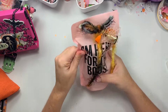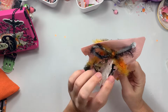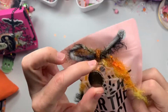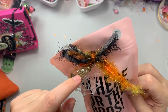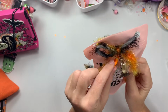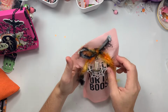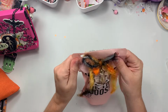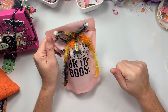And this is one of those Target boo drink bags. I just added this fun little plasticky spider web, and then I made this little cloche, which is from AliExpress. I just cut up some of the Dollar Tree bones and stuck his hands and feet in there, made it look creepy, created a mojo tassel, and I used this fun trim from Etsy. It just reminds me of candy corn with some black. It's a fuzzy fun trim, tied a little bow, and inside I have an embellishment tube